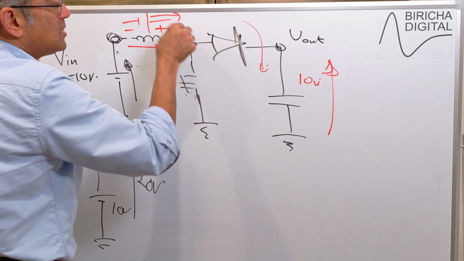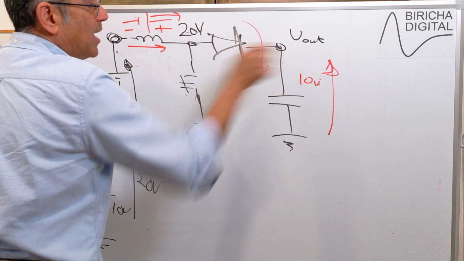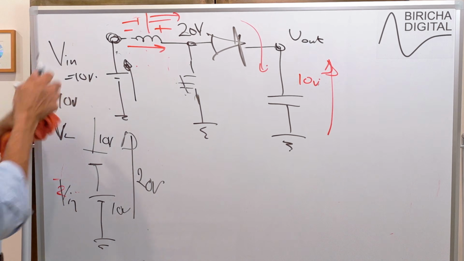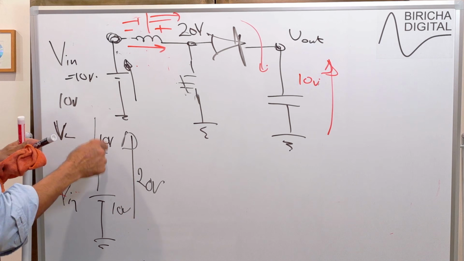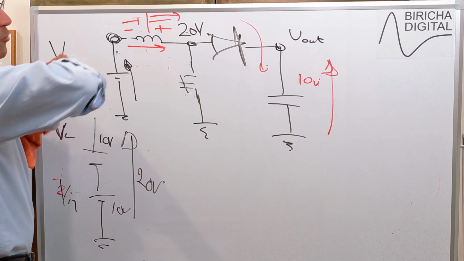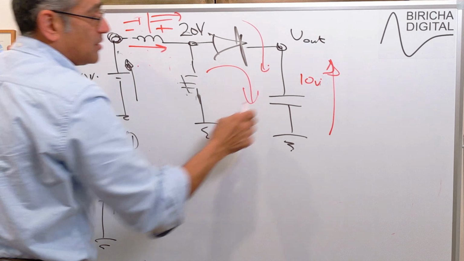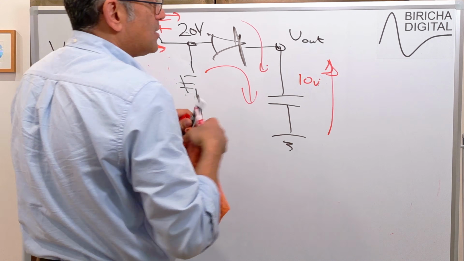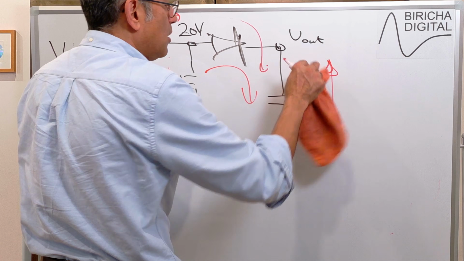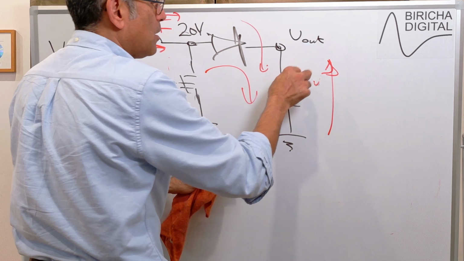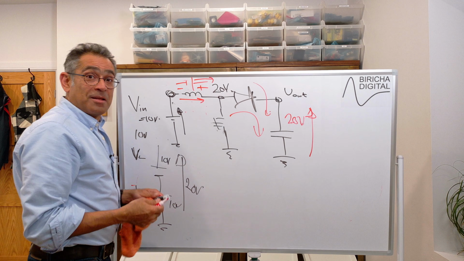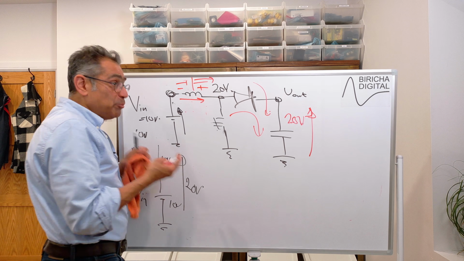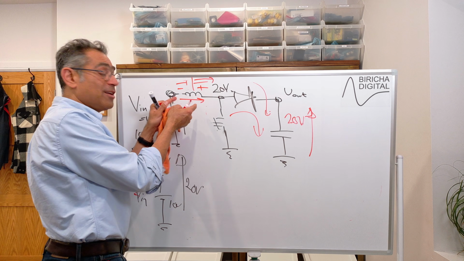Now I have 20 volts here, 10 volts there. The diode becomes forward biased, and therefore the energy that was stored in the inductor will form a current that's going to flow through here, and this is going to then go up to 20 volts. And this is how the boost inductor boosts the voltage up,